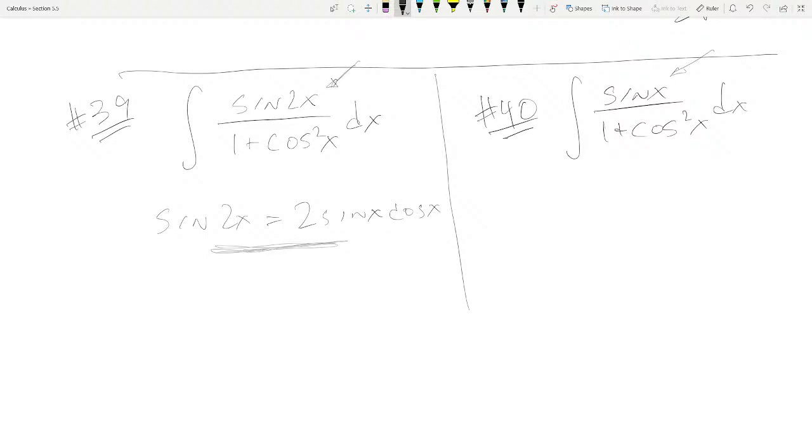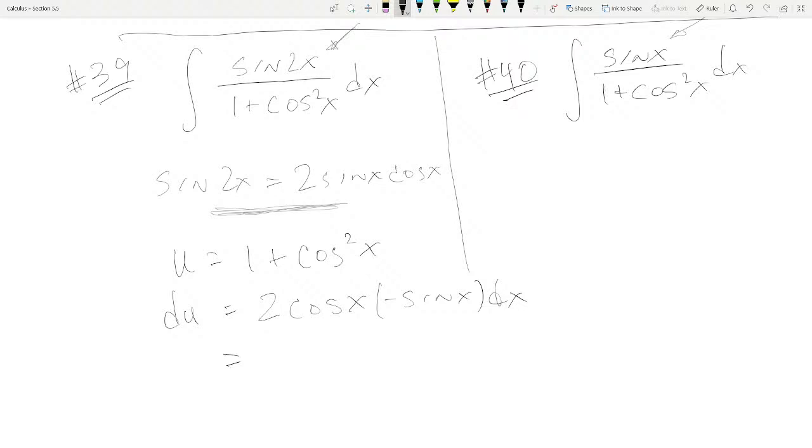Okay, so we can write it that way to start, or we can say to ourselves, well, what would we like to have here to make this problem doable? Well, I see a cosine and I see a sine. I'd love to pick the denominator to be u, and then I'd have 1 over u du. Wouldn't that be great? But when I look ahead in my mind, it doesn't look like that'll work out. But let's just try it. We'll follow our nose anyway, and we'll see that it does work out. So u equals 1 plus cosine squared x, du is 0 from the 1, derivative of 1 is 0. And then the derivative of cosine squared is 2 cosine x times the derivative of cosine, which is minus sine x